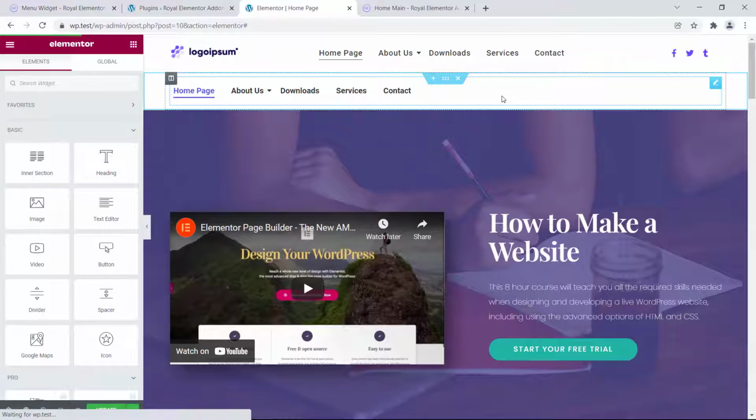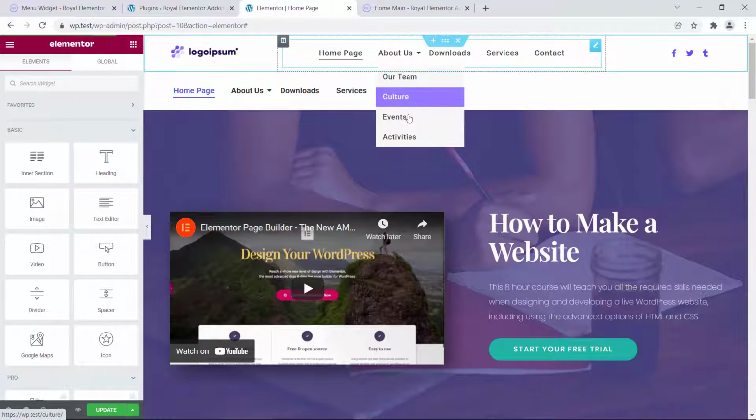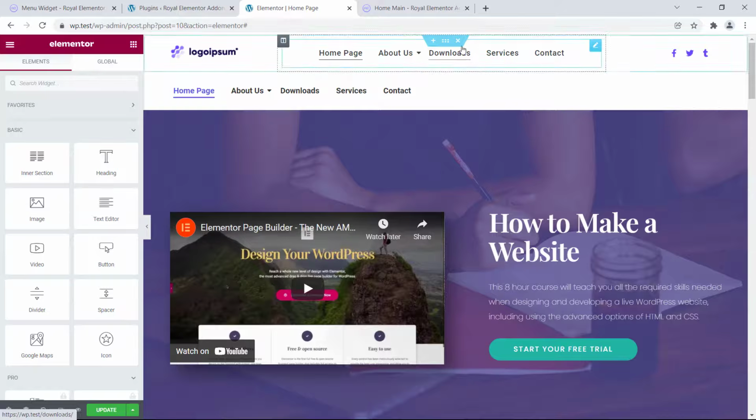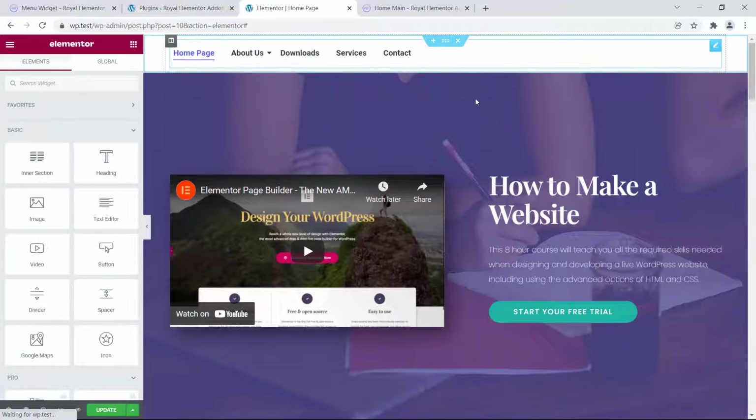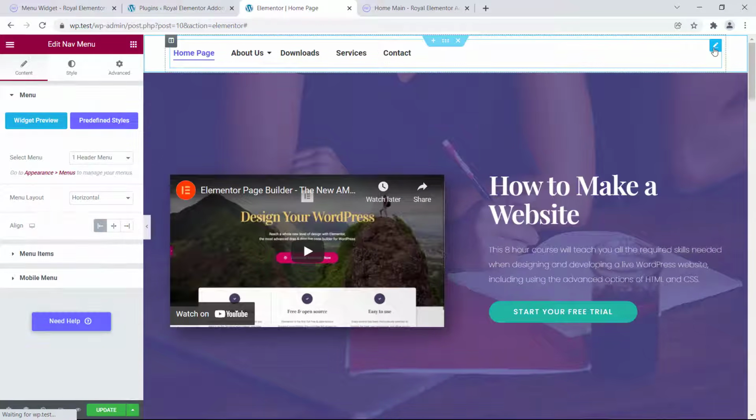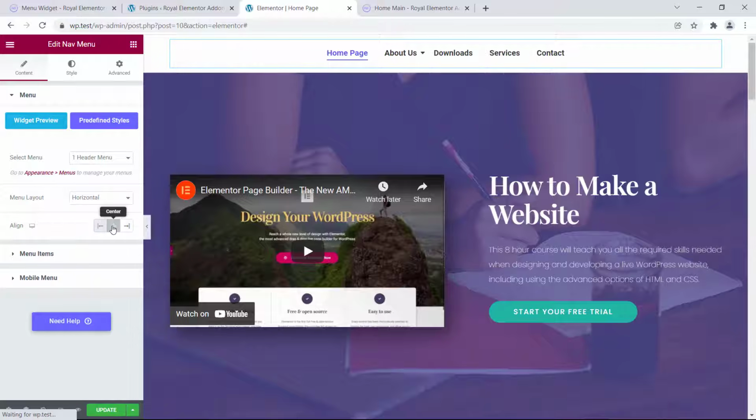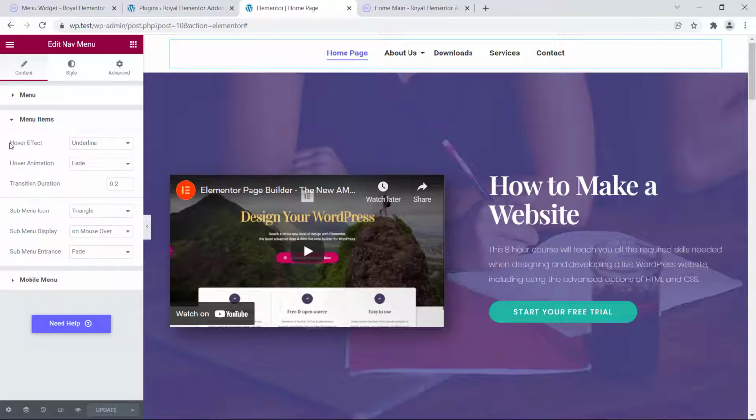As you can see, it automatically inherits our menu items, but for sake of this tutorial, I'm gonna stick with my default menu. The most basic setting that I would like to show you is how to align your navigation. By clicking those little icons, you can choose either left, center, or right alignment. In the menu items section, there are many settings that will allow you to customize your navigation according to your